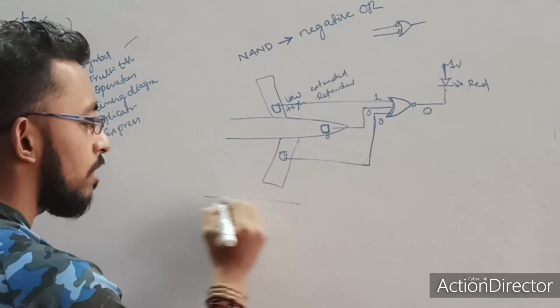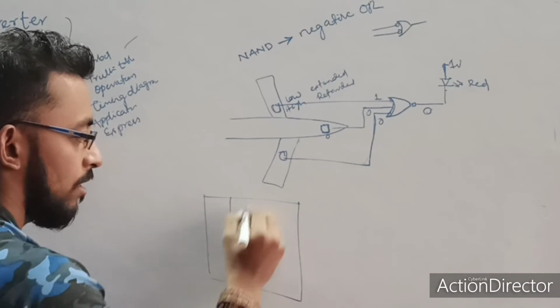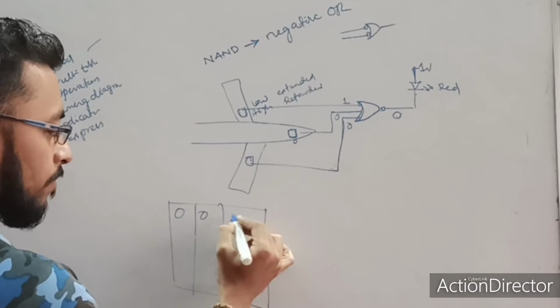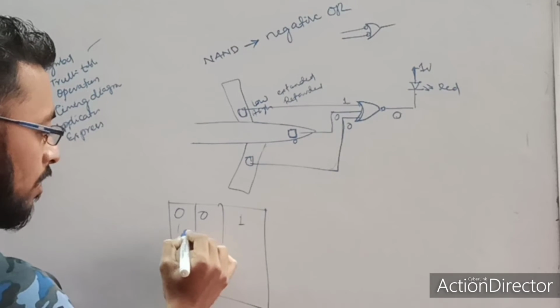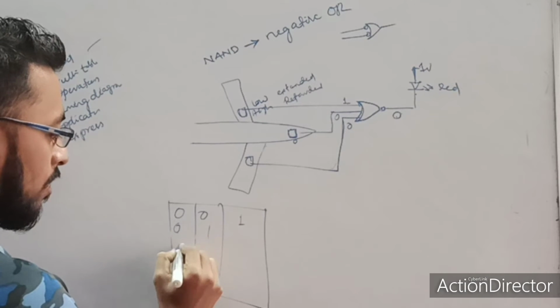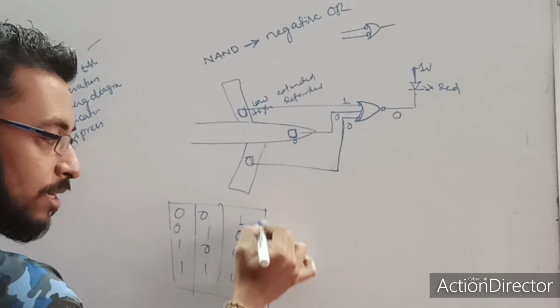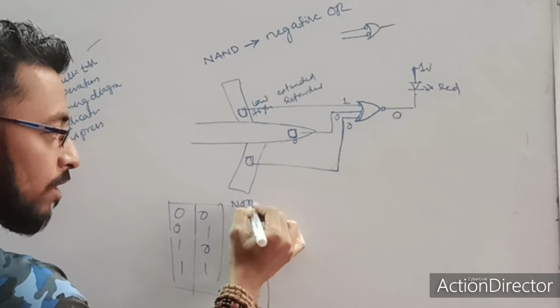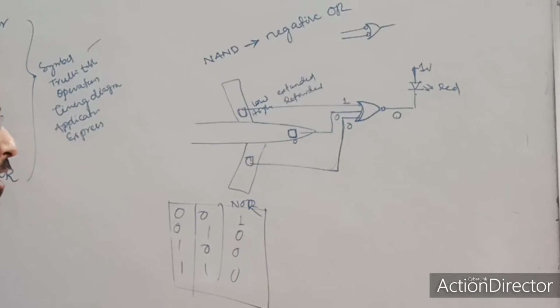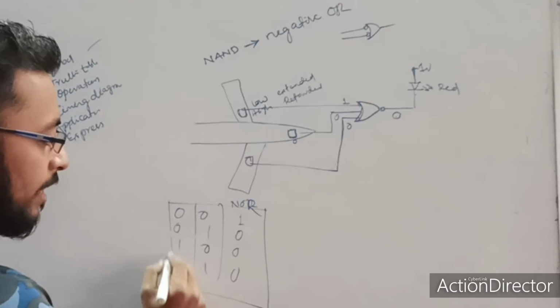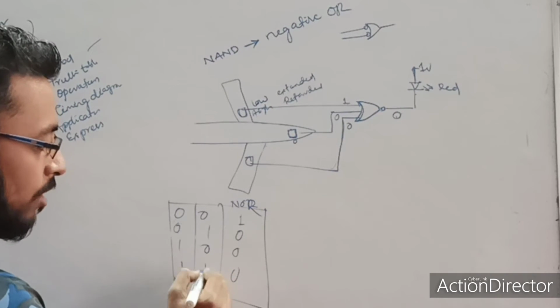If you see the truth table of the NOR gate, for 0 0 this is nothing but 1, for 0 1 it is 0, for 1 0 it is 0, for 1 1 this is nothing but 0. So this is the output of my NOR gate. I am not writing OR, directly I am writing NOR. It means if any of my input is 1, or both are 1, then